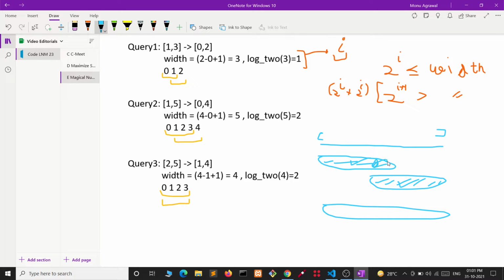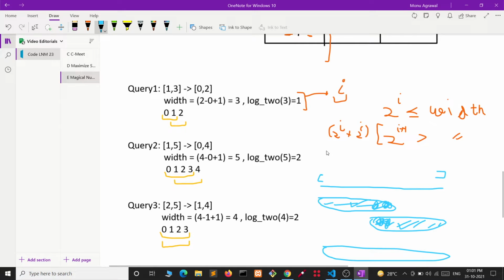We are having some overlapping elements, but it will never affect the answer because we are taking max. So even if they repeat, they will never be able to affect the answer. We will be using this only.